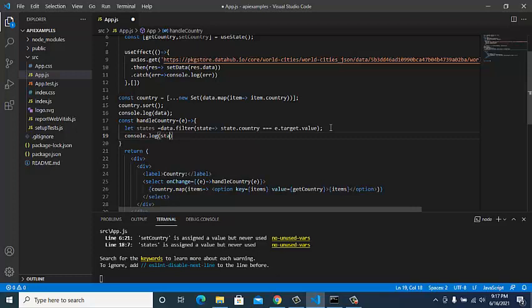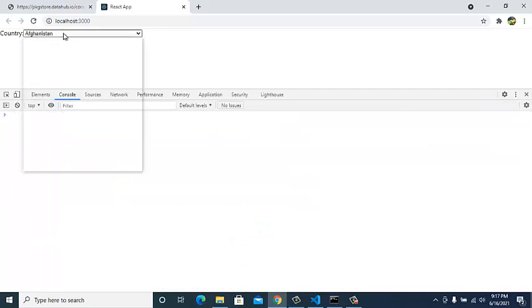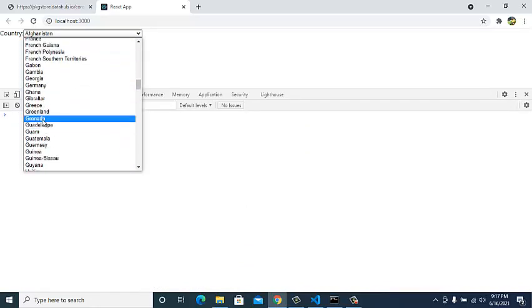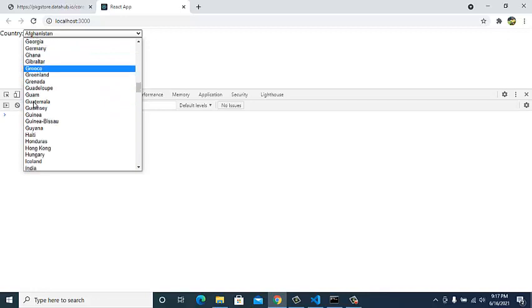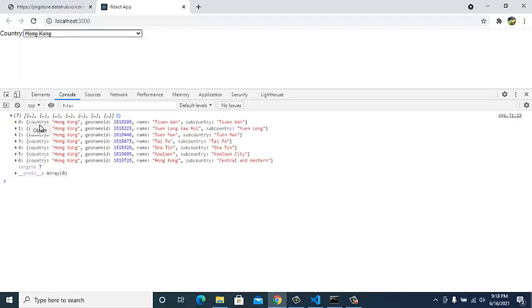So, console.log states. We'll go to the browser. If I select any of the countries, like Hong Kong, this array has been filled with Hong Kong's cities and sub-countries.